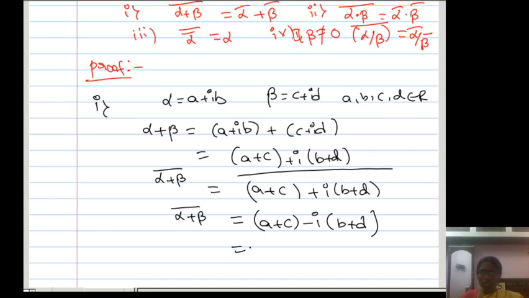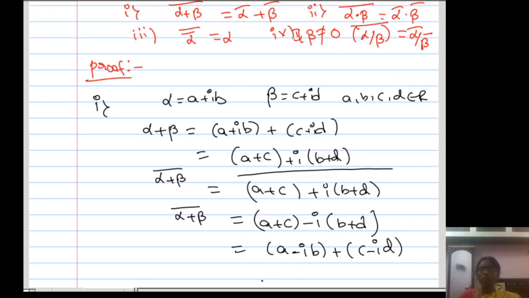Now this is again what I have written here. Shall I simplify this like this? A minus iB plus C minus iD. If you do the addition, are you getting the same thing? The real part, what is the real part? A plus C. Minus, here if you do the same thing, I am writing minus iB minus iD, minus i common, B plus D.